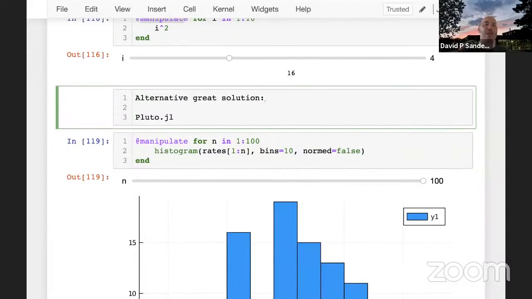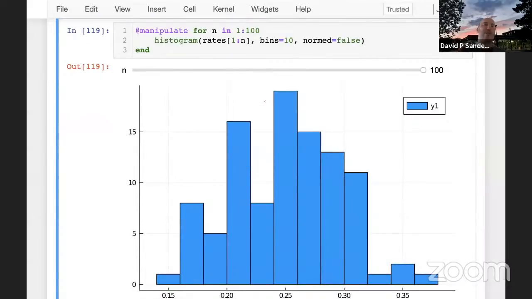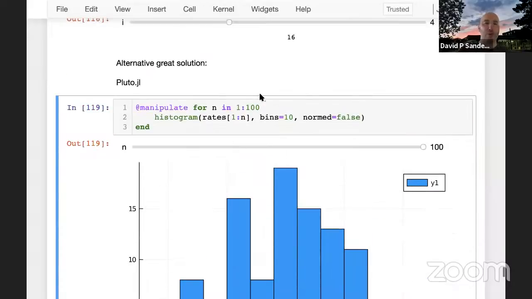There's an alternative and really great solution, but it is pretty different. So, because people are used to the Jupyter Notebook, I thought we would do the Jupyter Notebook. So,